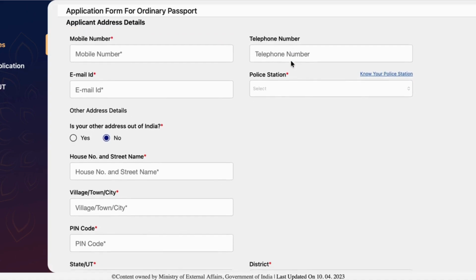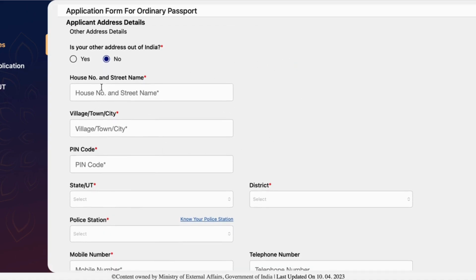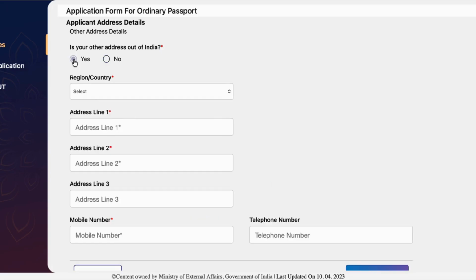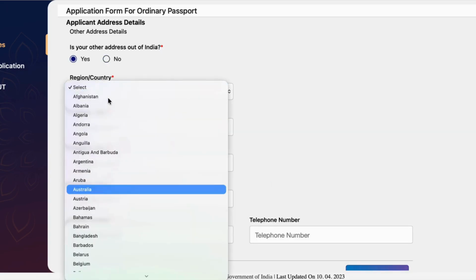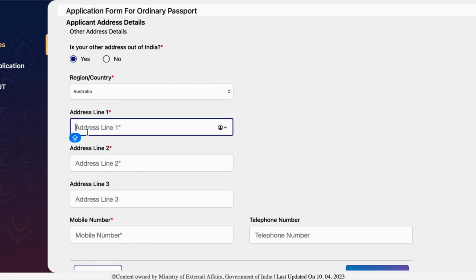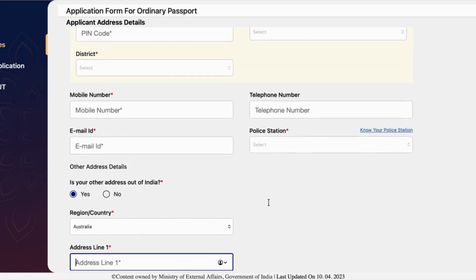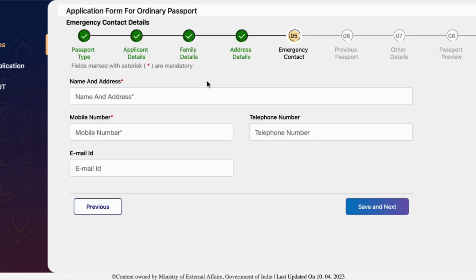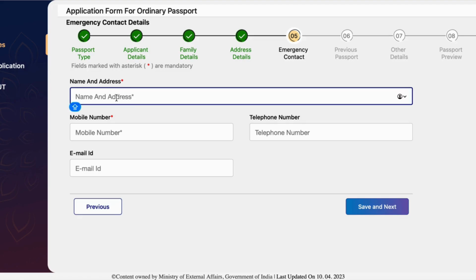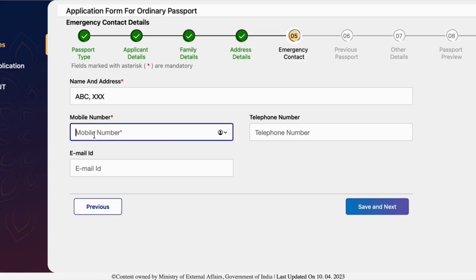validation. And here in the next section you need to enter the Australian address. So you can select yes here and then select Australia and you can type in the Australian address in this section. Now in this section you need to enter the emergency contact details, like you can give any of the parents details here. And then you can give the address here, along with the postcode and suburb name and state, and you can give the Australian mobile number here. So I'm just going to give that. Okay,